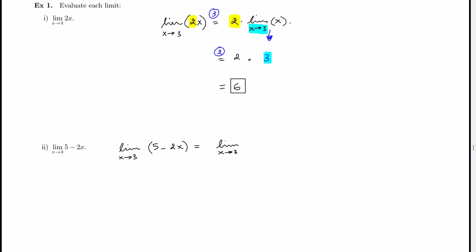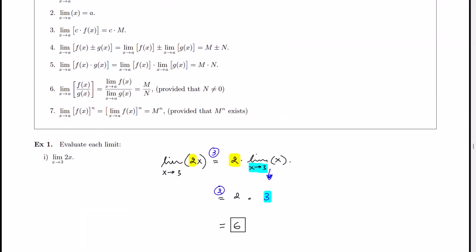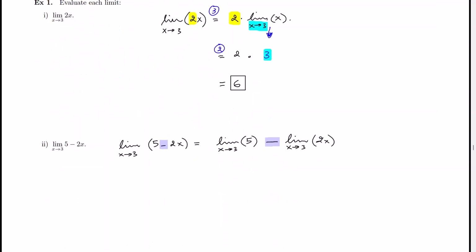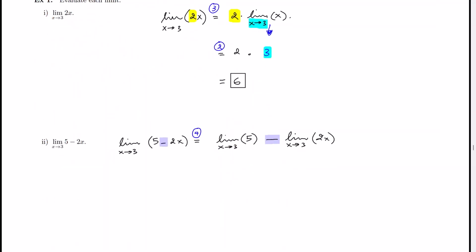So what that rule allows me to do is write the limit as x approaches 3 of 5, and then the limit as x approaches 3 of 2x. And I can put a minus in the middle because when I began the problem, I already had a minus sign. So that's what rule number 4 lets me do. So you remember, I'll put the 4 over here on top of the equal sign. Now, as we mentioned before, the limit as x approaches 3 of some random constant, that is the constant itself, the 5,